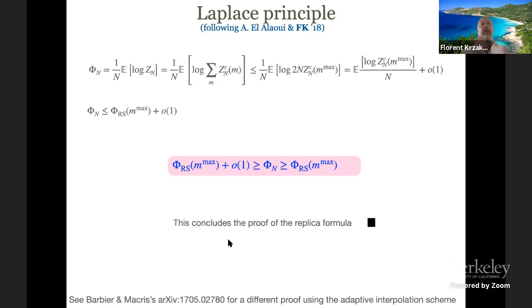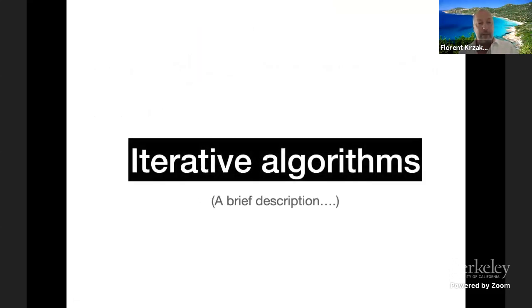All right, now we have seen how the replica computation goes. We have seen some of the standard techniques that we have to prove them, but we have just seen evaluation of free energies. And we want to speak about computation and algorithms. So let's discuss algorithms. In the physics community, what we really love is iterative algorithms, where you just iterate the same equation many, many times. Now, that could be a whole class in itself, and so I will just do a very brief description. And again, it turns out that for the random field Ising model, you can do things trivially. Okay, so let's do it.